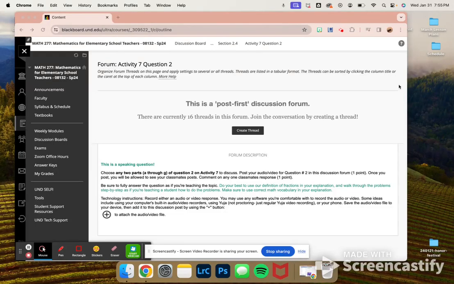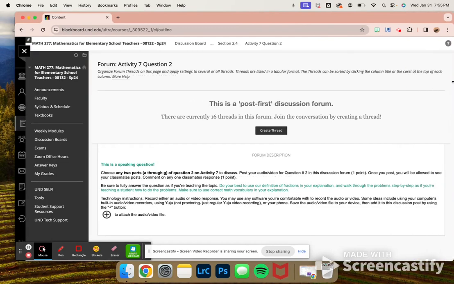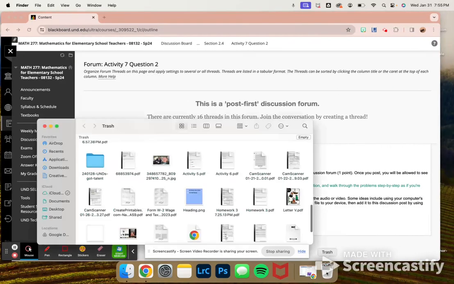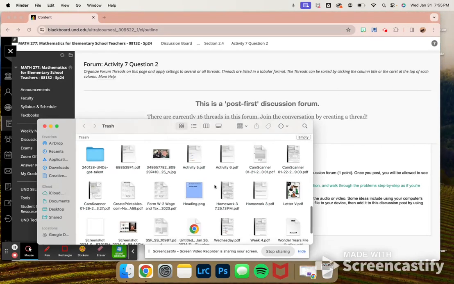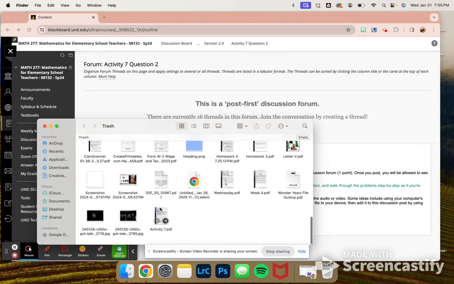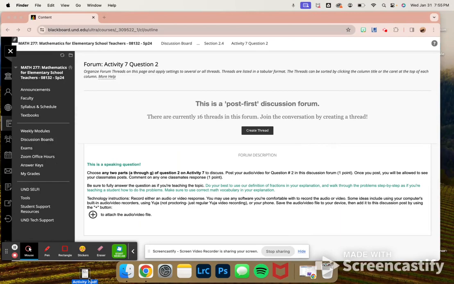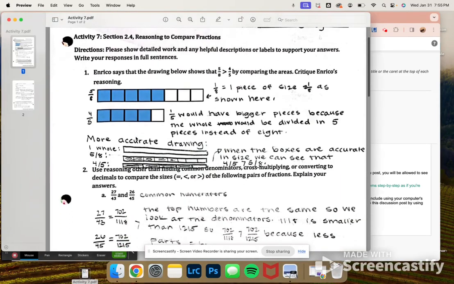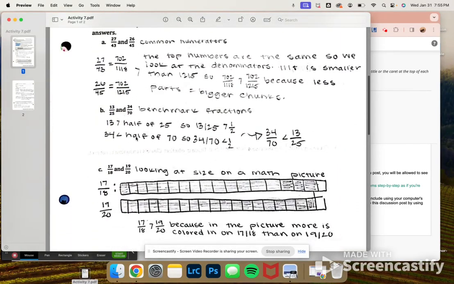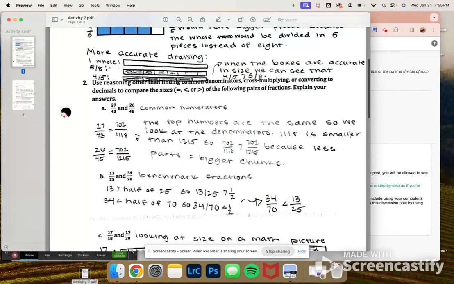So for question number 2, I did, oh my goodness, just got rid of it. Question number 2, I'm going to explain A and B. So the first one, I